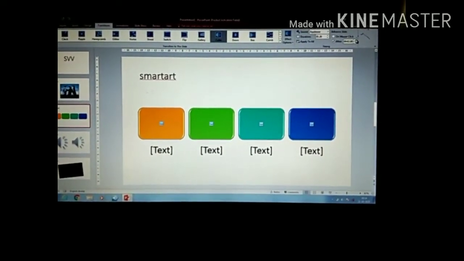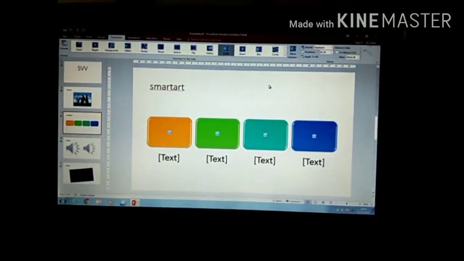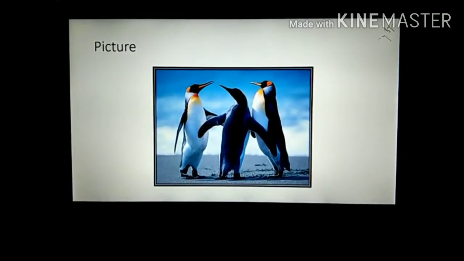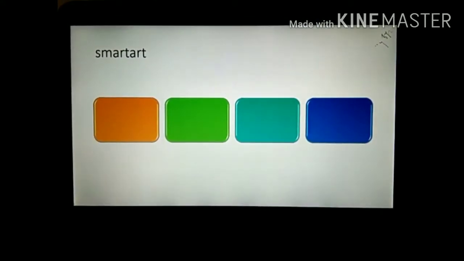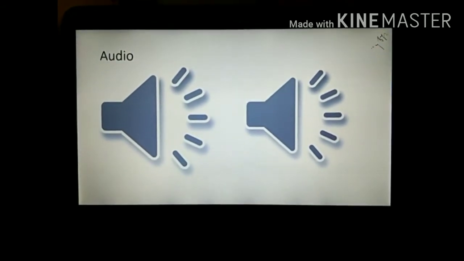For example, I am setting a time of 2 seconds. Okay, and now I will start the slideshow. I don't need to click any mouse button. The slideshow moves automatically after 2 seconds, using whatever transition timing I have given. So this is the sound effect. Like this you can set the timing, duration, and the automatic advance or the speed of the transition.